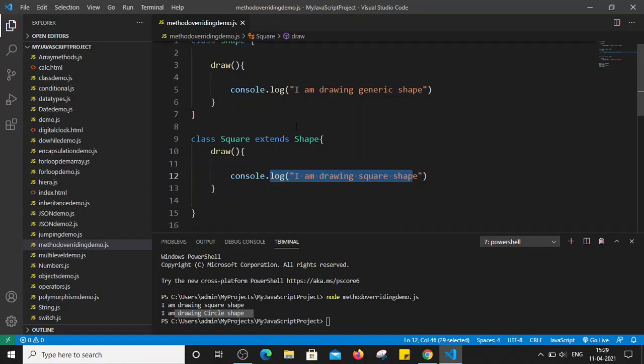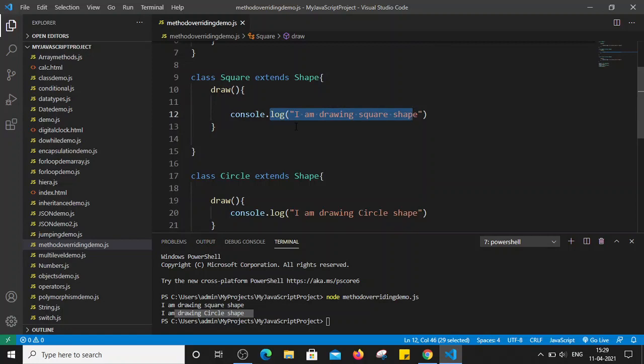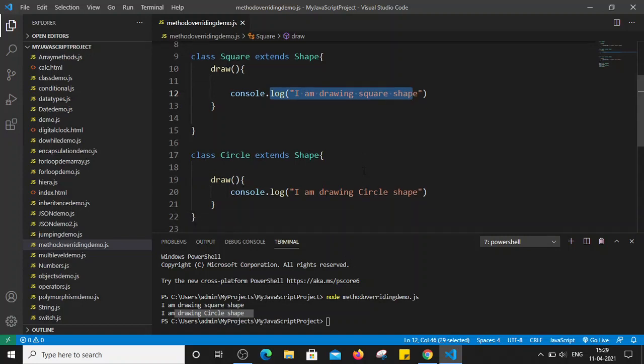And method overriding is possible whenever we use inheritance. So whenever we use inheritance, then only method overriding is possible. Method overriding is used to recreate or implement the method in child class having the same definition as the parent class, and it will override the method implementation of the parent class. So whenever we call the method by using the object of that specific child class, it will implement the method of that specific child class, right? So this is how we can use method overriding concept, and it is possible only in inheritance.